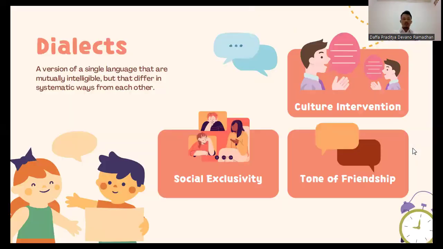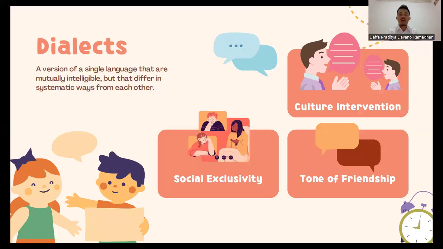Next one, we're talking about dialect. A dialect is a version of a single language that is mutually intelligible but differs in systematic ways from the others. The factors why dialects happen are, first, cultural intervention, then tone of friendship, and then social exclusivity. For example, in cultural intervention, when people from the country of India